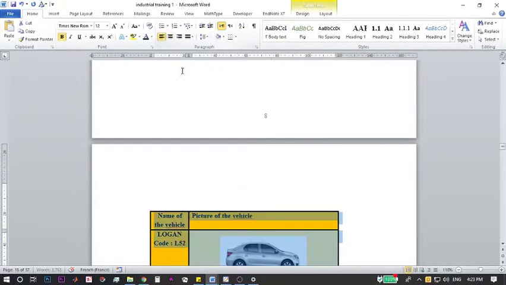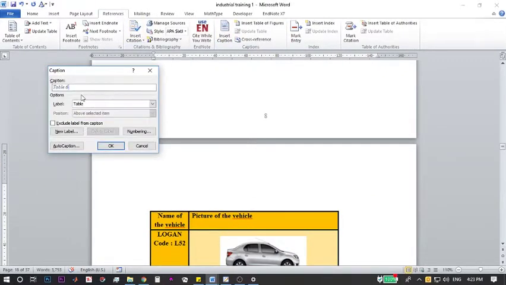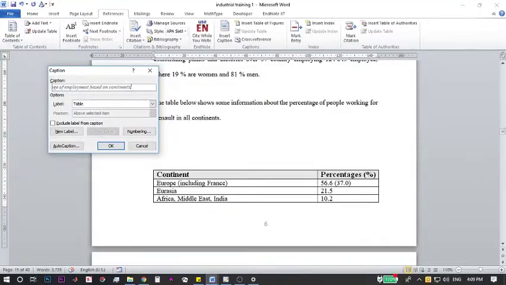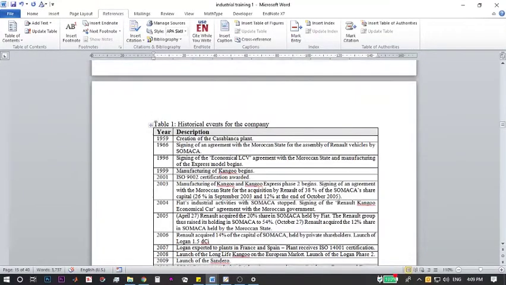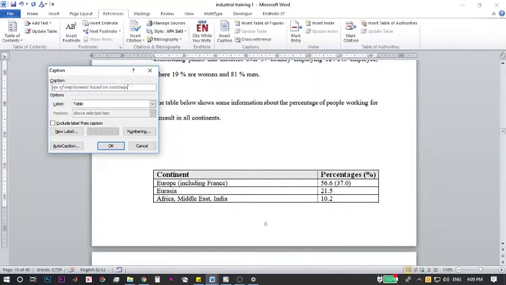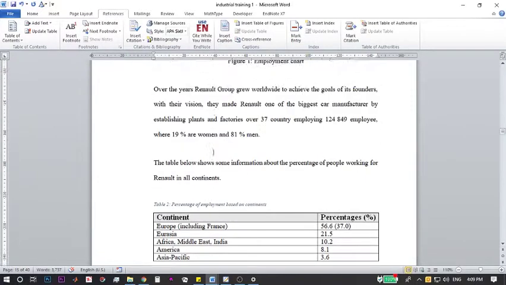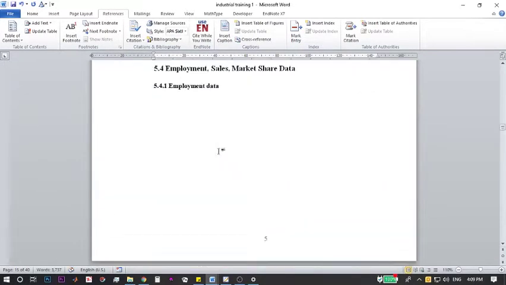So it should be percentage of employment based on continent. I think that's a good selection of title. Now, I don't want to go again and change this format. I already have the format corrected